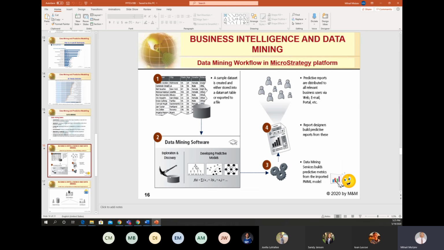So, with the help of data mining software, the goal is to develop predictive models.